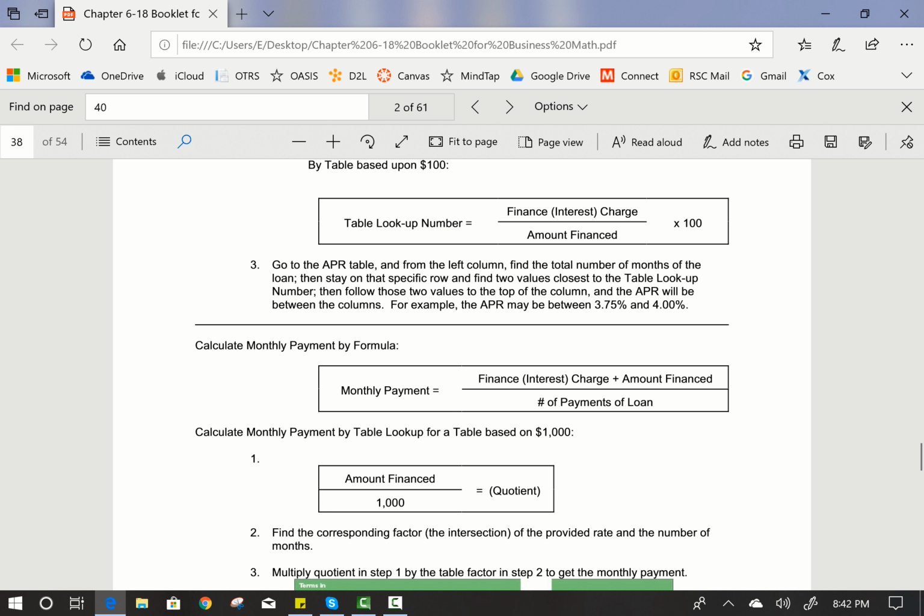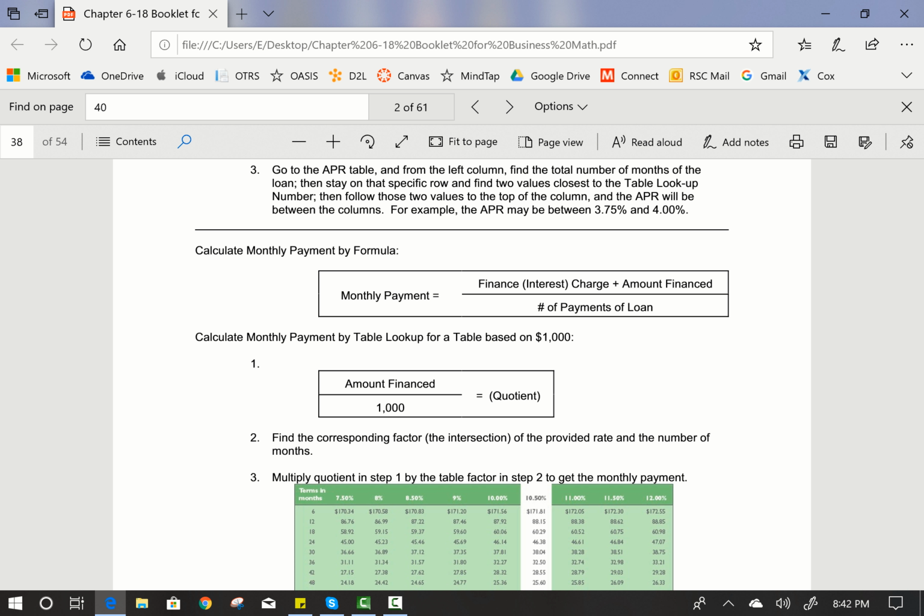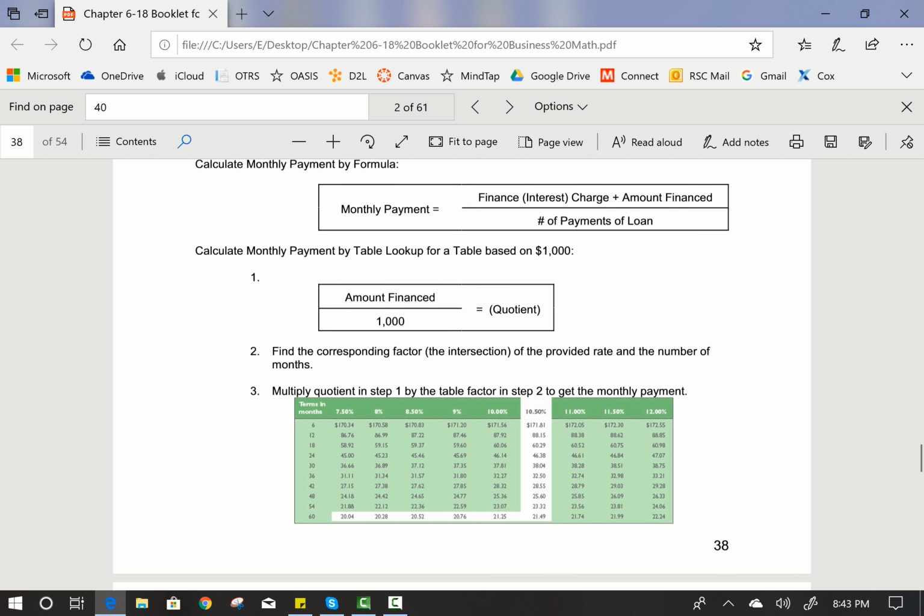To calculate the monthly payment, it's equal to the total of all your monthly payments, which includes your amount financed plus your interest, divided by the total number of payments of the loan. That will equal your monthly payment by formula. Another way to calculate your monthly payment is by table. This table is in your chapter, and it's based upon $1,000. You take the amount financed divided by $1,000, the table value,